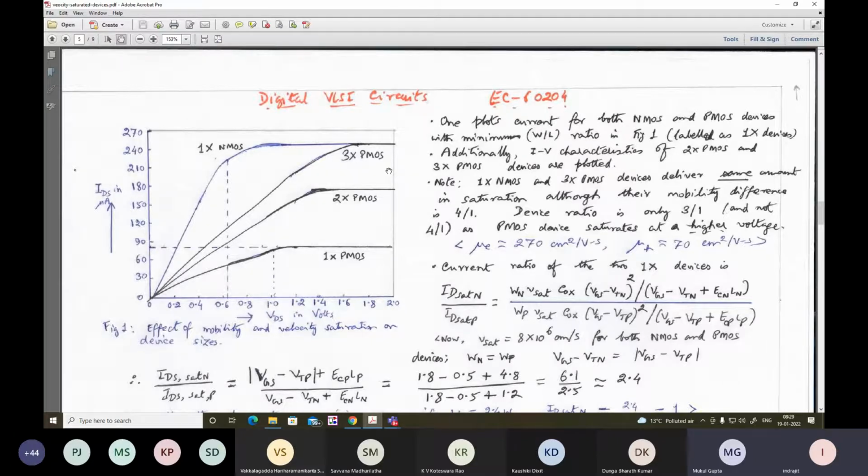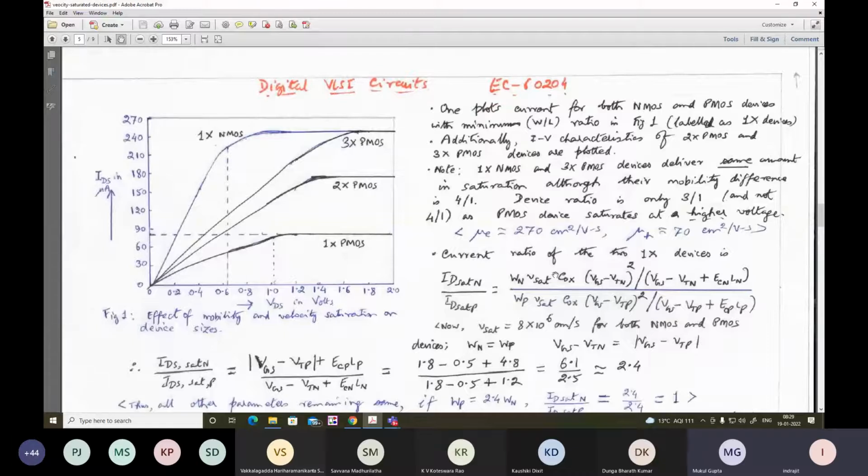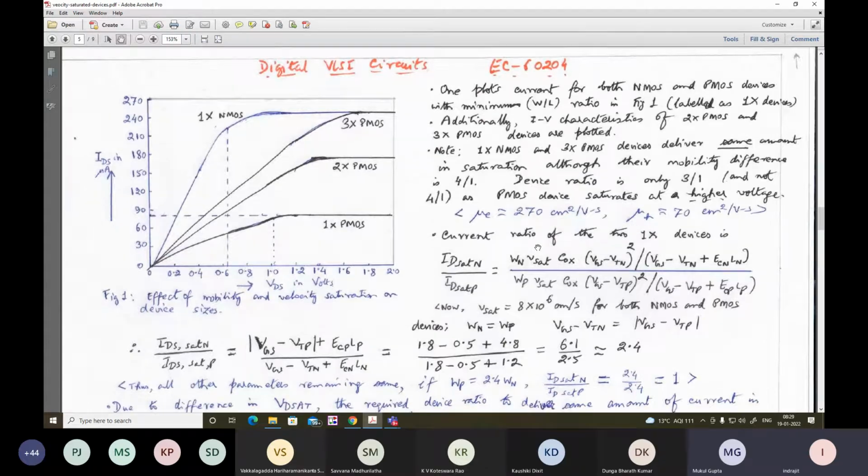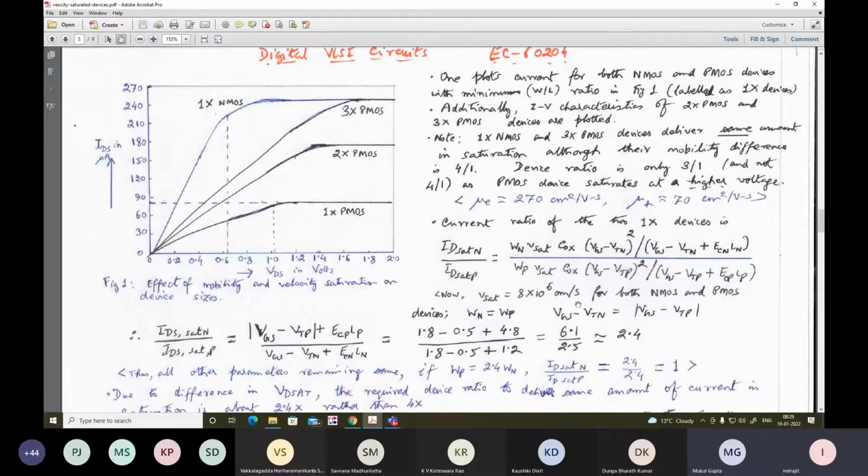One reason can be that although there is a difference in mobility by a factor of 4, it may be that VDSAT is larger for the PMOS device compared to the NMOS device. Here we get that from the analytical value: the current ratio of the two 1x devices is IDSAT N by IDSAT P. This expression we saw, for a short channel device. Here, if we put in the typical numerical values, to compare between the NMOS device and the PMOS device, let us keep the gate bias the same, 1.8,